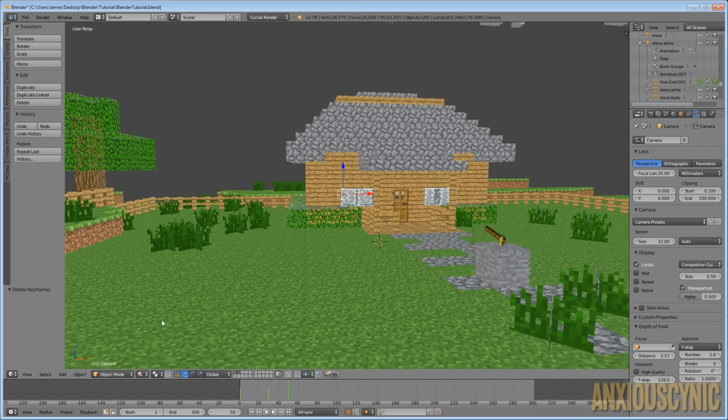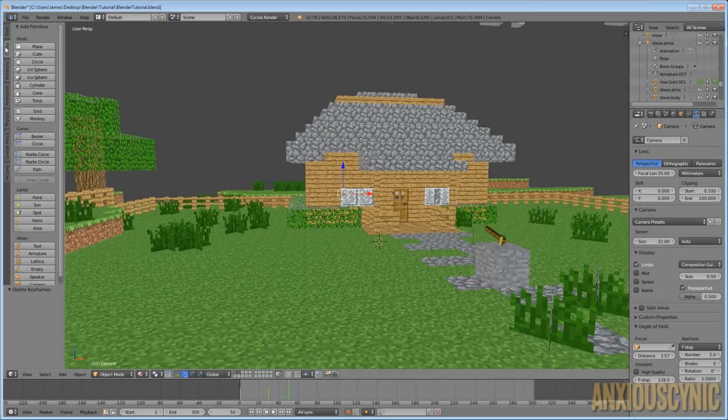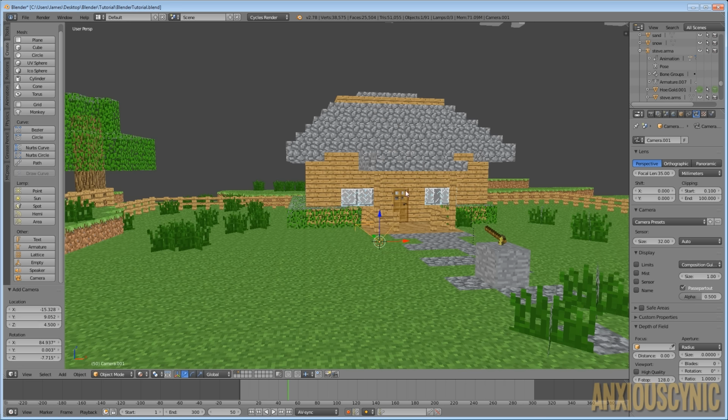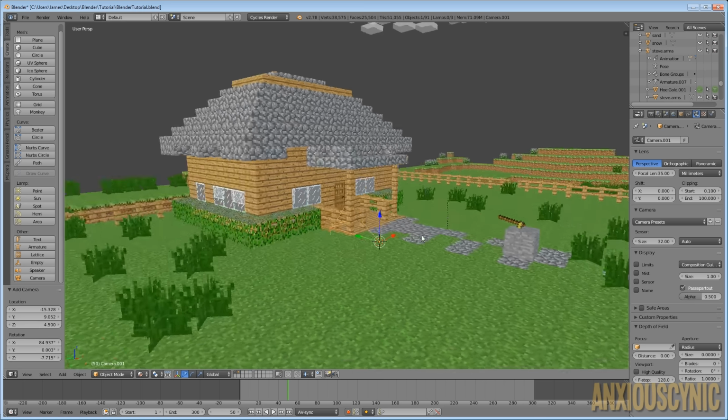I'm going to go ahead in object mode. As you can see, I'm going to hit Shift A. Of course, you can come down here to the add and click on that, or go over here to the create tab and you have these options as well, I believe. I think camera, yeah, there's camera. Anyway, I'm just going to hit Shift A, click camera, and now we have this camera here.